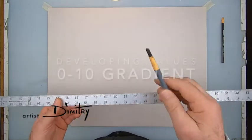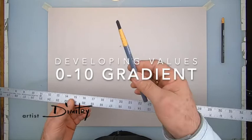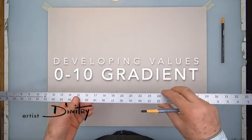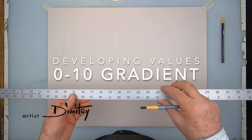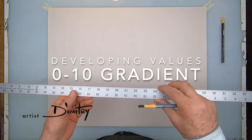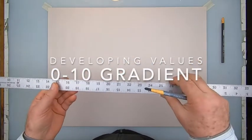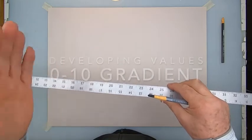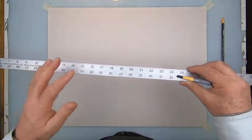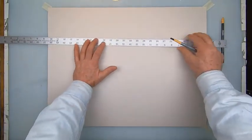The objective here is to learn how to develop values using a charcoal pencil, and you'll need a yardstick ruler. We're going to practice this a couple times, and the idea is that when you're doing a drawing, the hardest part is to develop the values in a way that you don't overcommit them. And the drawing is always done all at once. So let's take a look at